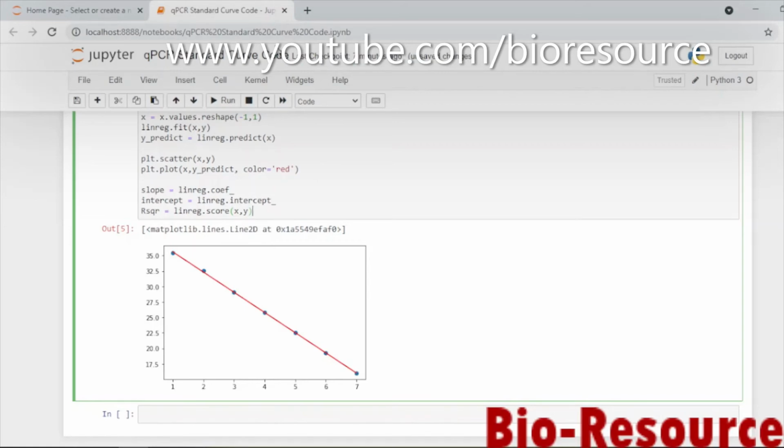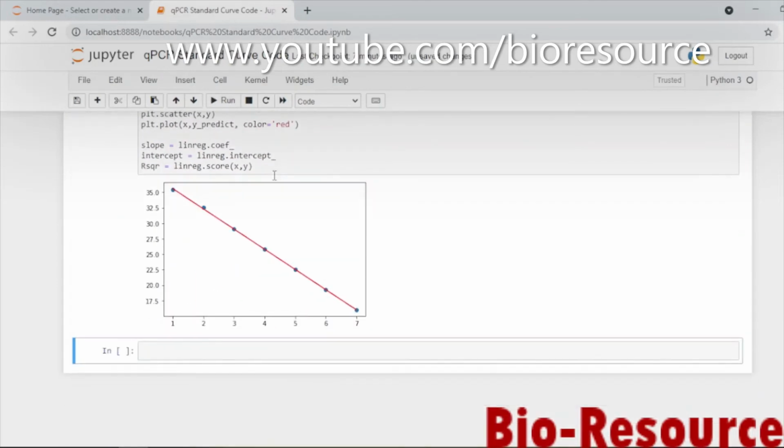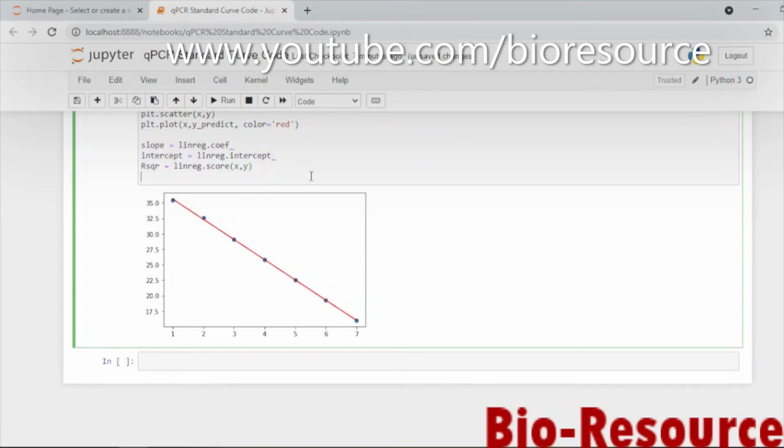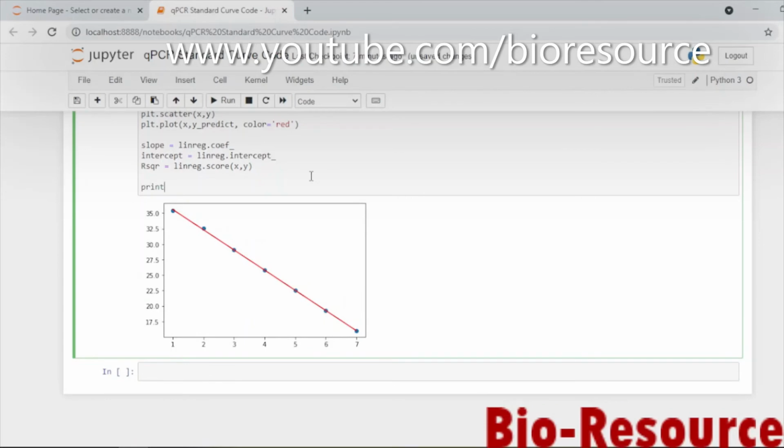So now let's run. So we have this value. Now we have to print these values, so there are no errors in this. To print this, we can give the print function: slope equals, whatever we give in the bracket will be printed out, and call this variable slope, and intercept is equal to, comma, intercept, what we have assigned.